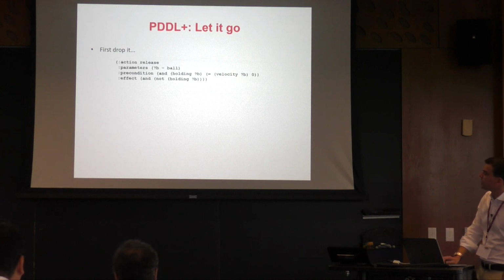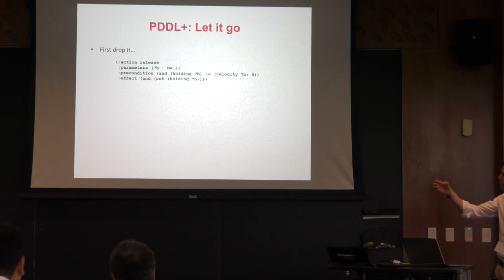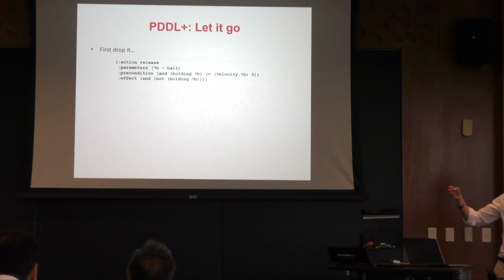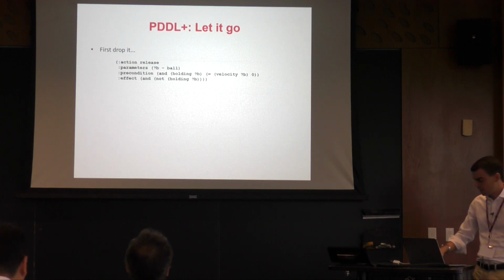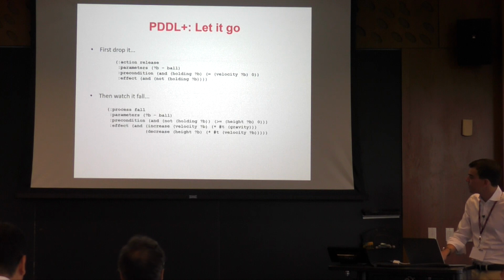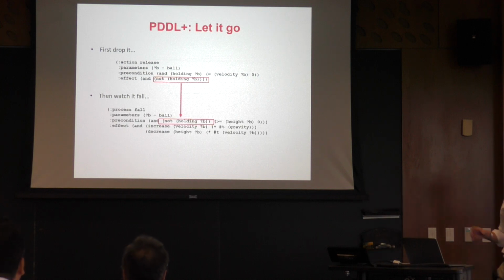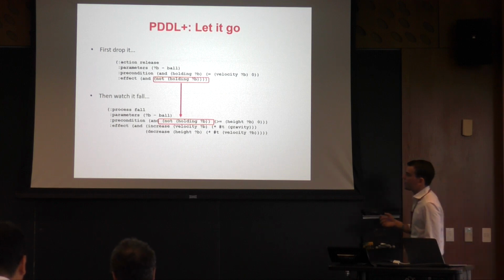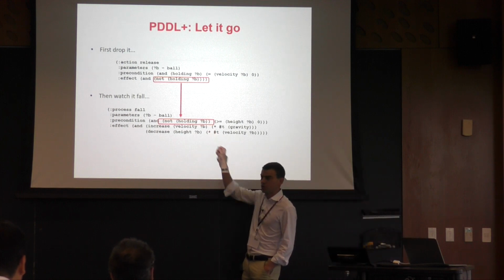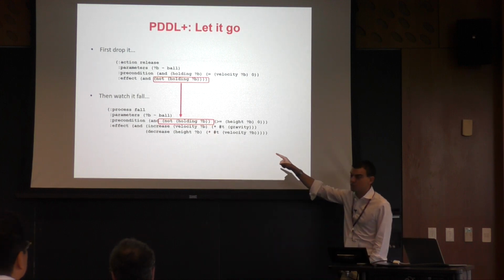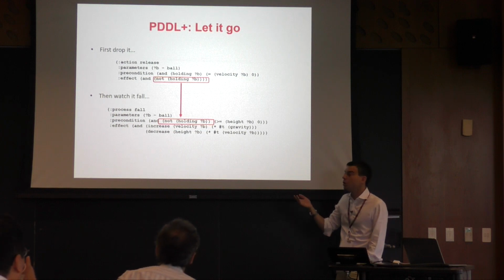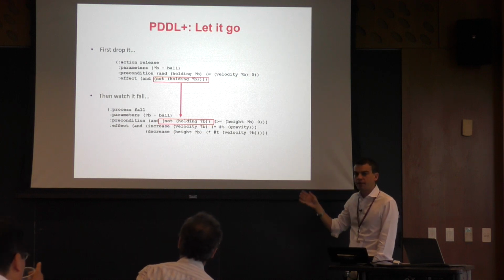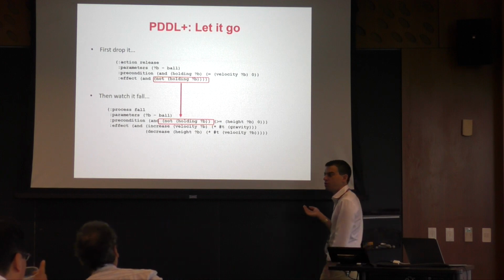So this is an action in PDDL. The preconditions are that I'm holding the ball, and the only effect is that I'm not holding the ball. So this is a discrete change. Holding the ball is true, and then it's false. This change, in turn, triggers the execution of the process. Now, processes in PDDL Plus are the construct used to model continuous change. And processes are triggered as soon as the preconditions are true. So you will not find this process in the plan. In the plan, you will only find the action of releasing the ball, and then this process triggers as soon as the preconditions are true.